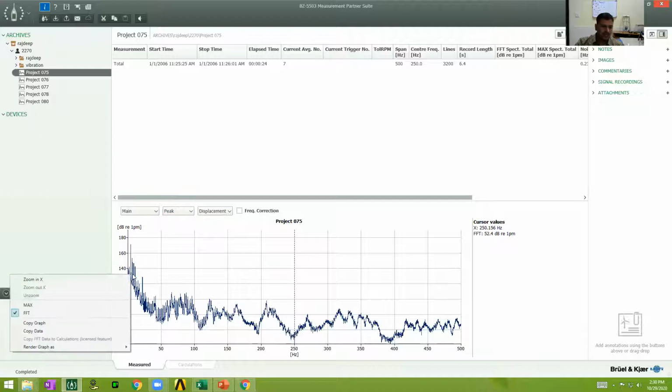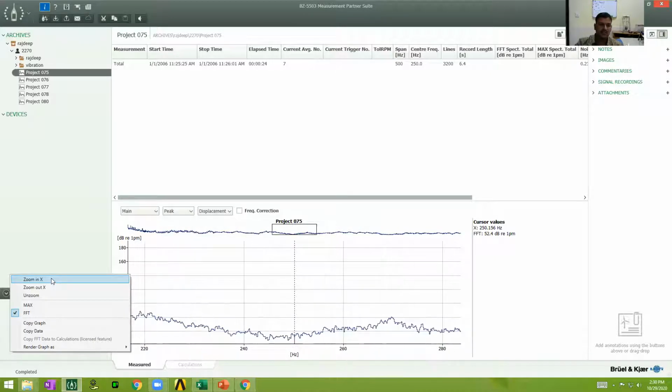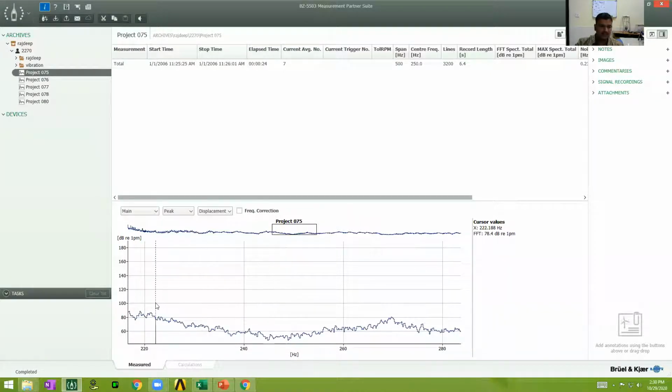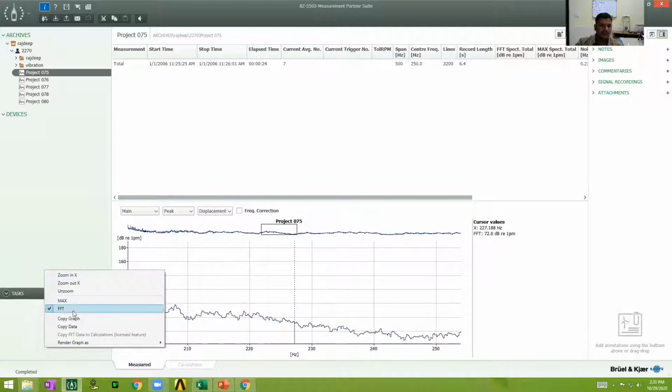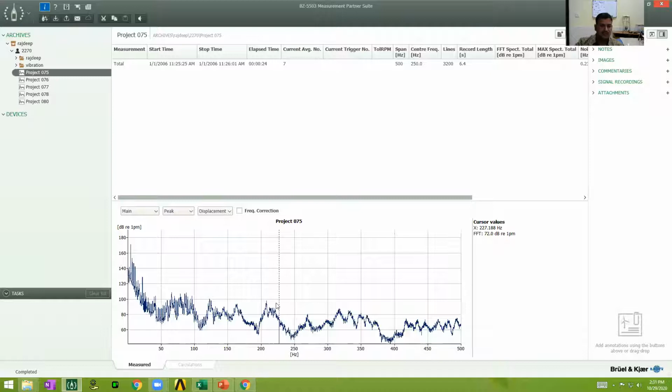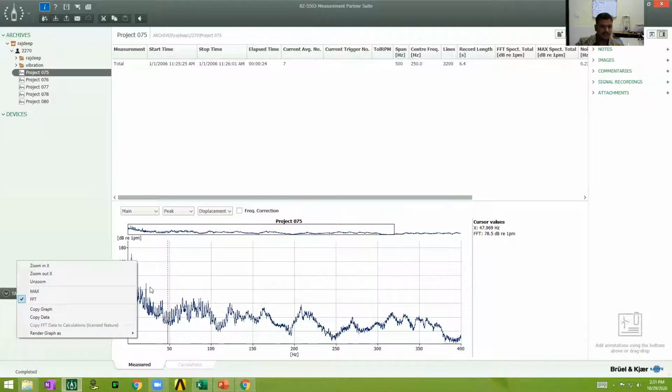Then zoom in on X, because my operating speed is very small, within 0 to 24 hertz, maximum 24 hertz, so there is no point in looking at higher frequencies. I'll shift this cursor, because otherwise this reading will not be observed here. The cursor has to be shifted. Now when I do, only a 50 hertz zoom will be there. You can see it is shown here.